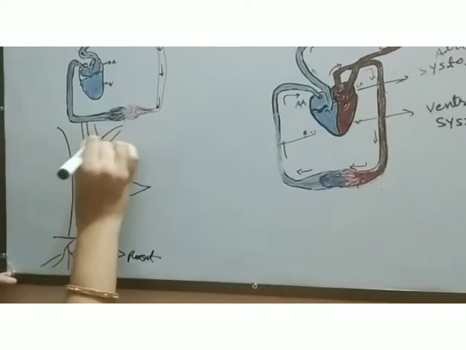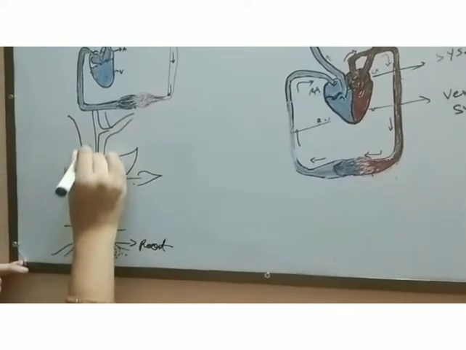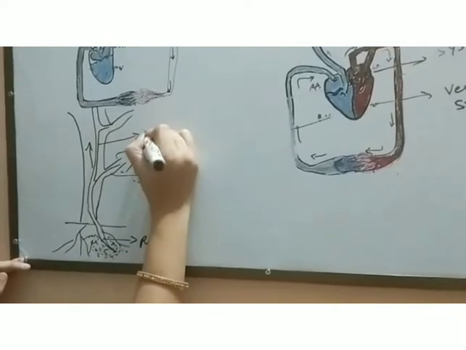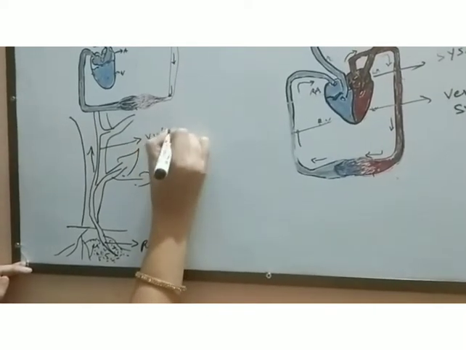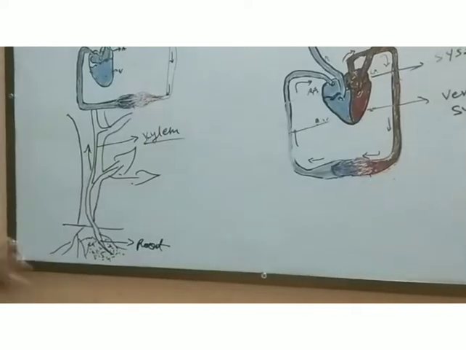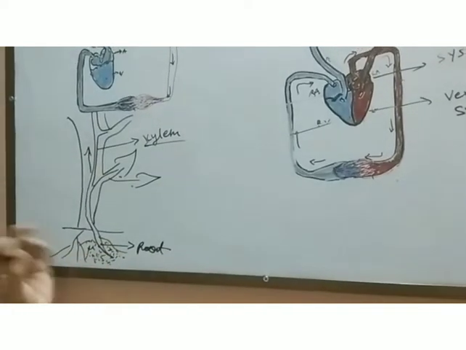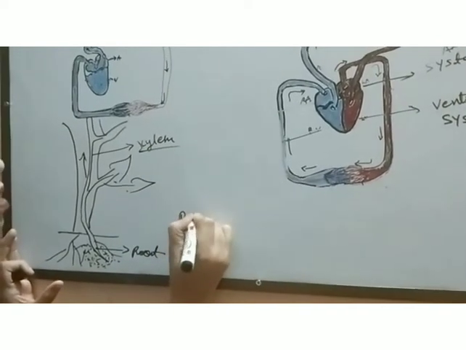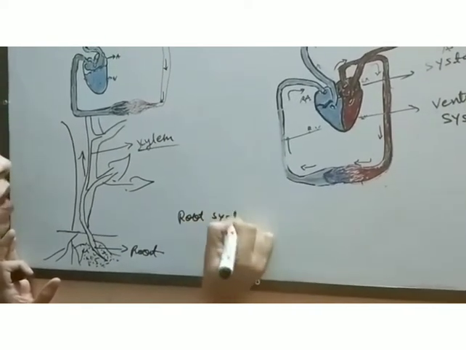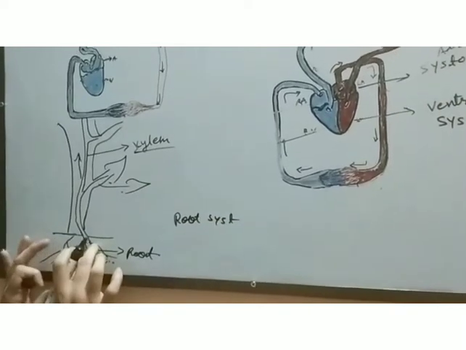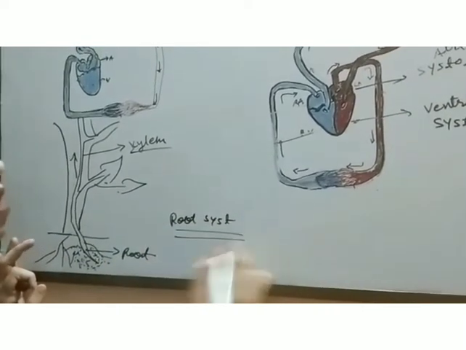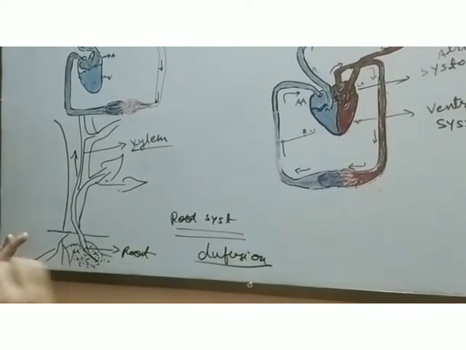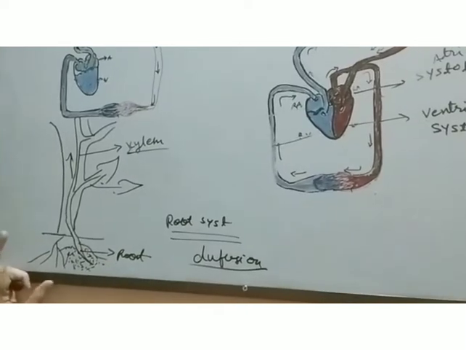By a vascular tissue which is called xylem. It takes water and nutrients upward from root to leaves for photosynthesis, where photosynthesis takes place and food is prepared. For this, two systems work. If a short distance is there for the transportation, then the root system works, where diffusion is the process through which the substance is transported.